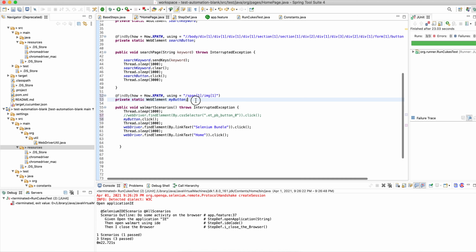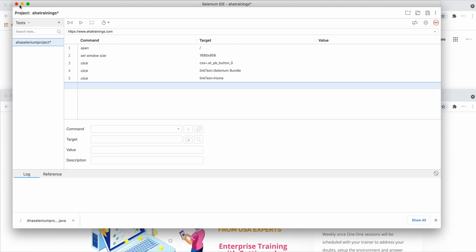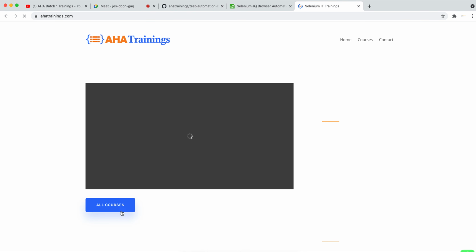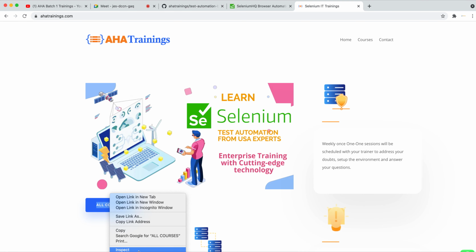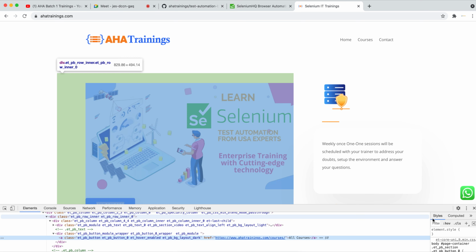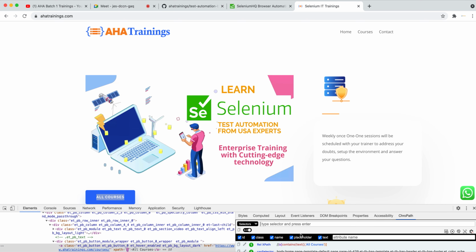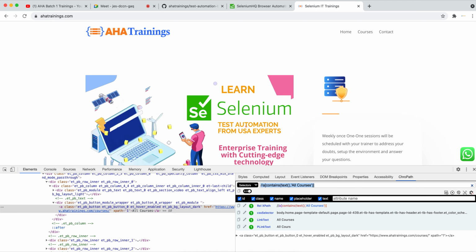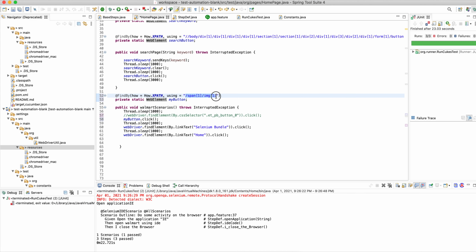You can do something like this. For example, if you are going to dot XPath, see, for example, where is AHA travels? Let me take it. Suppose the IDE code was working for us, right? Assume that the IDE code was not working on this button. Then what you have to do is get the XPath. Now I got the XPath. I took this XPath and I'll put it here, and I'll run this. This is the alternative.